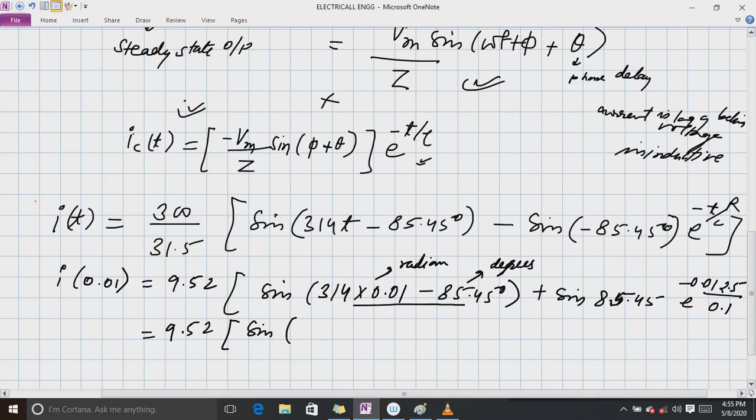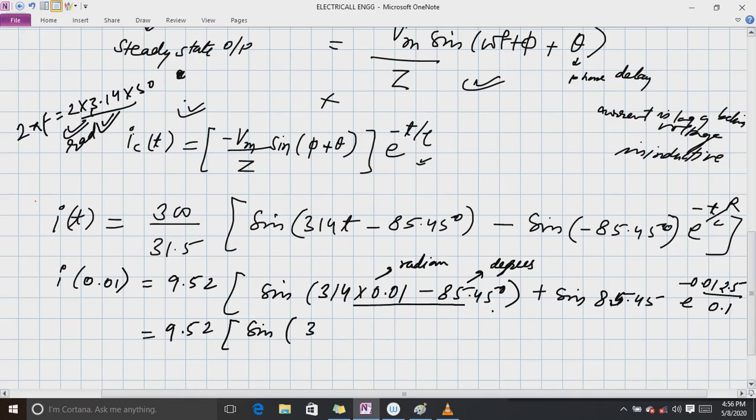So we have calculated 2 pi f, what we did, we multiplied 2 into 3.14 into frequency. Now you tell me, where is a degree here? There is no such degree here. So the answer of this thing will always be in radian only. So this will be in radian, this will be in degrees. So either you have to convert it in radian or this in degree, then only you can calculate.